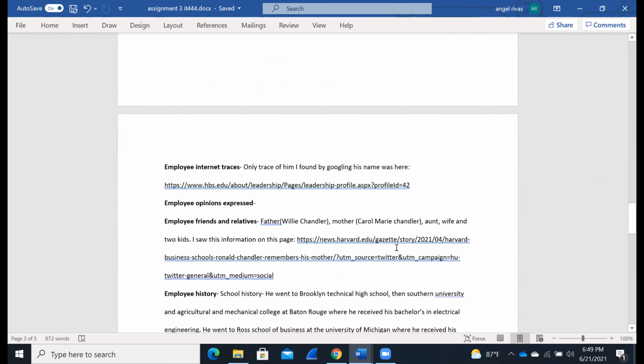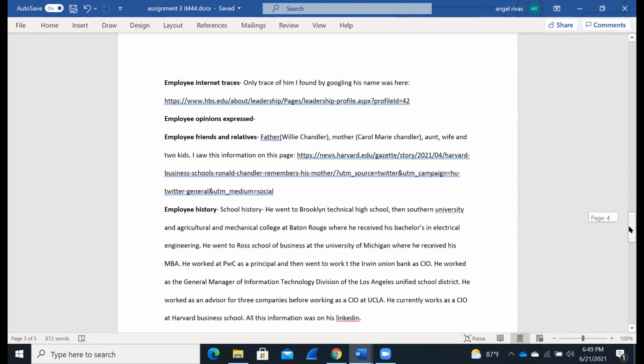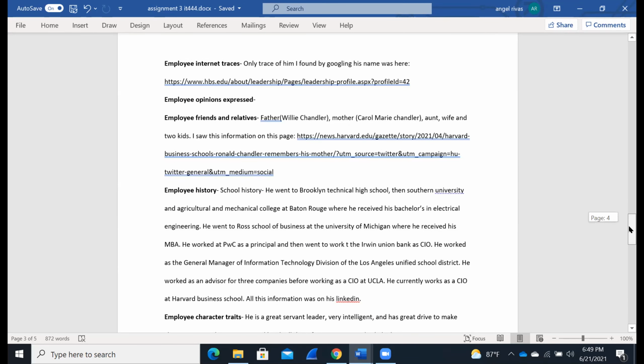I think this was on Twitter, information about him. And then it goes deeper into his employment. So wait a minute. So he has his father's name, his mother's name, his aunt, his wife, and 2 kids on that one web page.